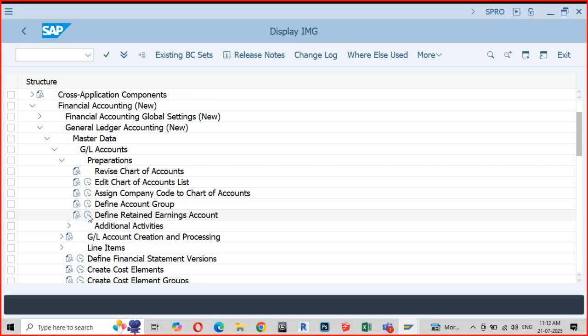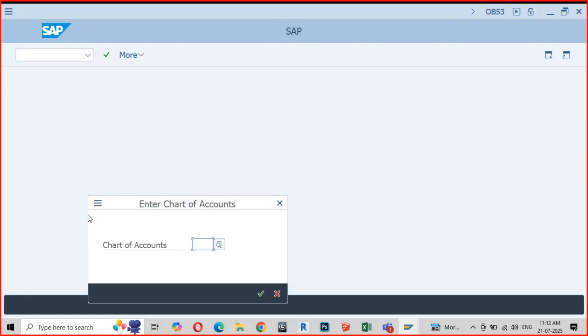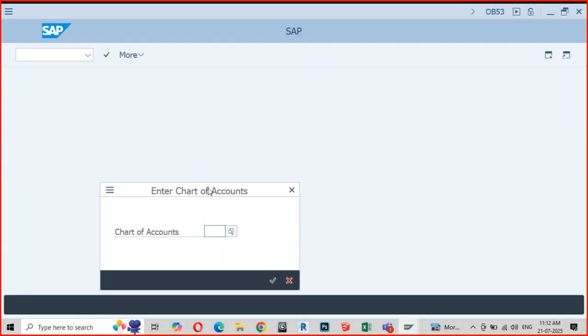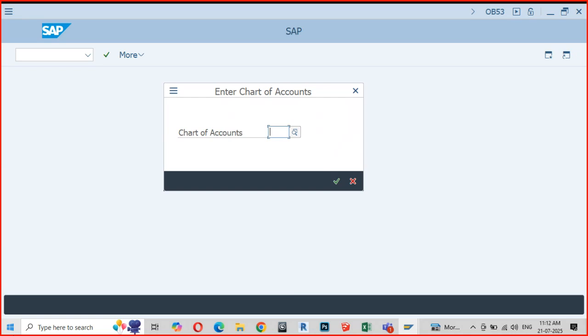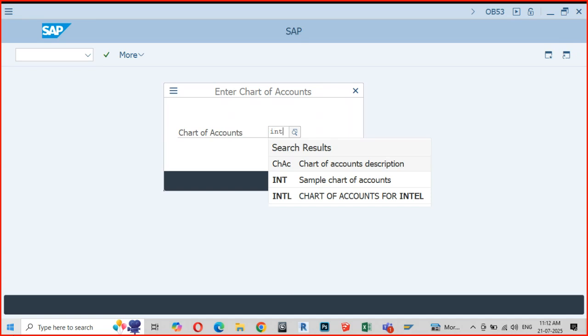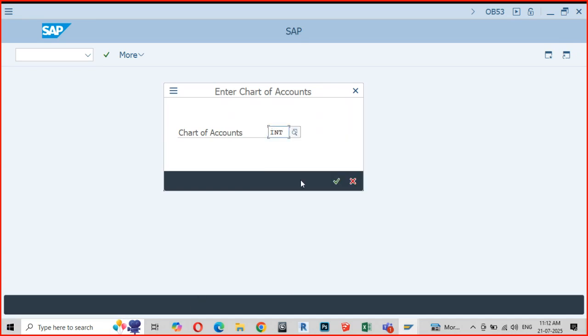Now I will execute this to find out what that is. See, immediately it will ask me which chart of accounts. So as usual, I will go to the standard SAP defined INT chart of accounts. Enter.